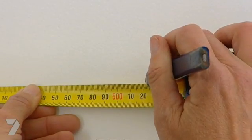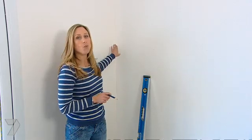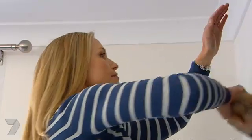If you're hanging wallpaper for the first time, you may be tempted to hang your first strip hard up against the side wall. Wrong. If you do that, chances are this wall won't be square and all of your paper drops are going to end up crooked. The way to do it is measure the width of your wallpaper, take off 10 mils, that's going to give you a little bit of room just to trim if it is out. Then you can mark a plumb line. Now hang this hard up against that plumb line, smooth it off with a brush,